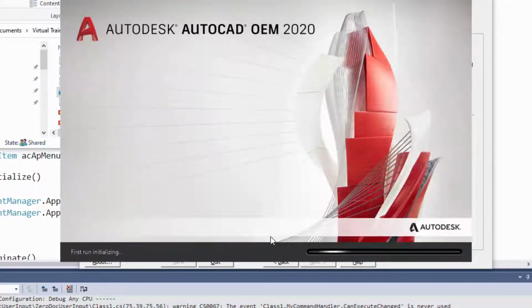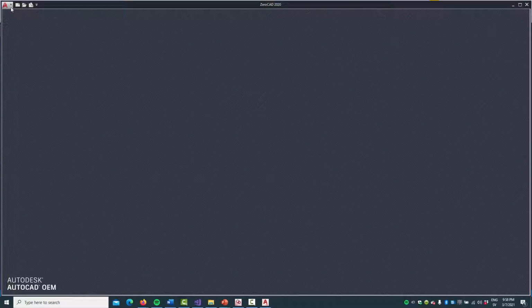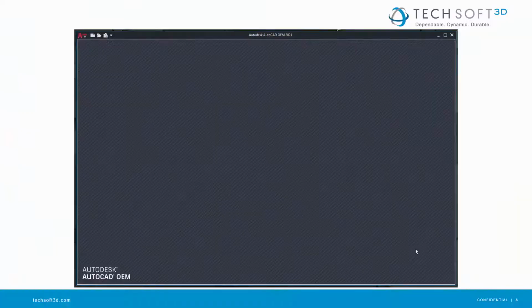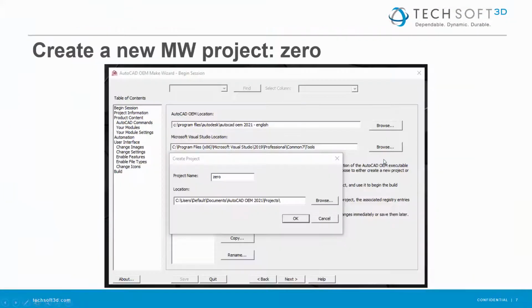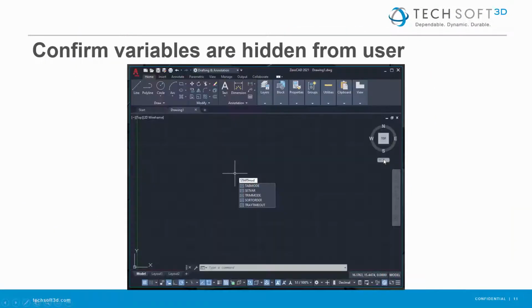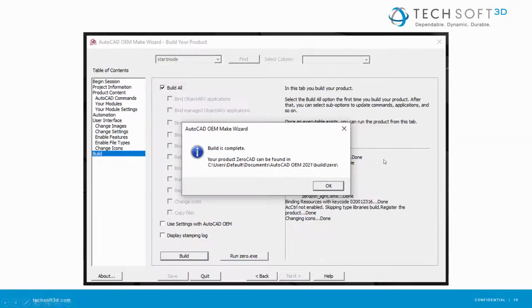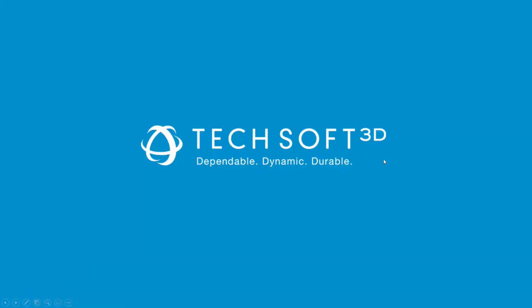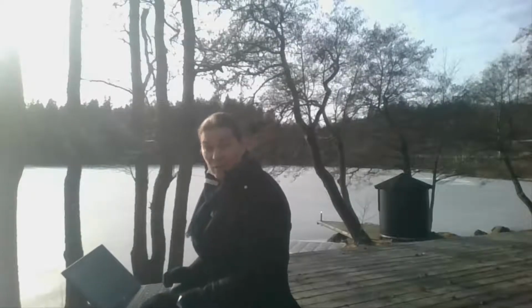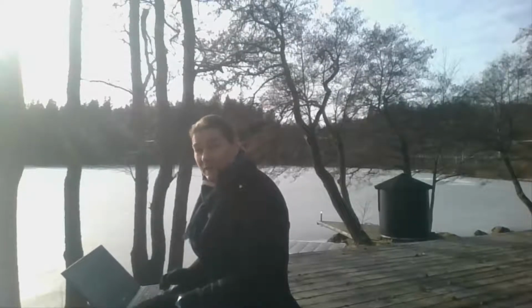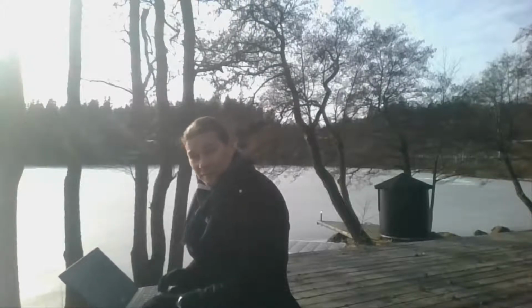And if we open the application menu, we can confirm that we have a custom command in there called zero-doc command. And it just shows a message box. So all of these slides that I'm showing here, they are available on our dev zone as PDF for you to use when you go through the exercises at your own pace. And that was part 1 of this class. Let's dive right into part 2 and see if we can actually do something useful with this.